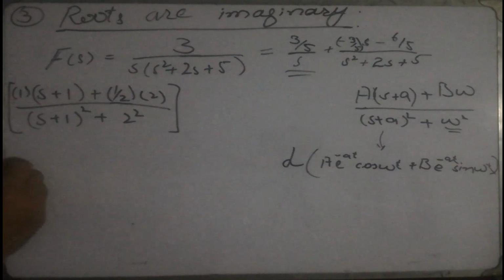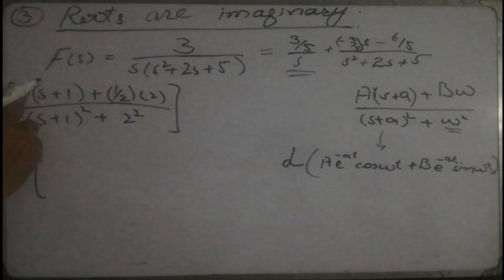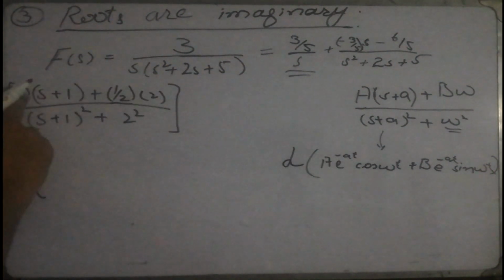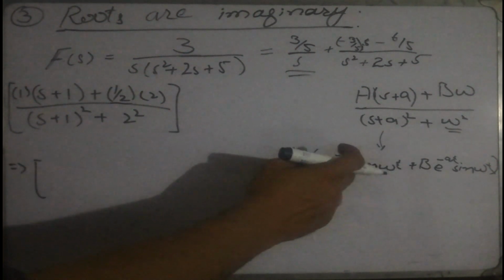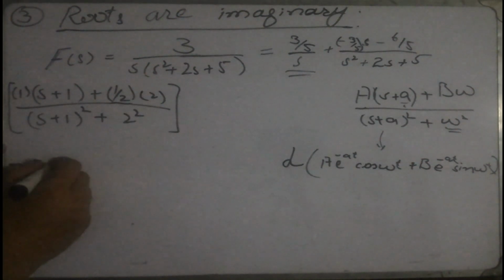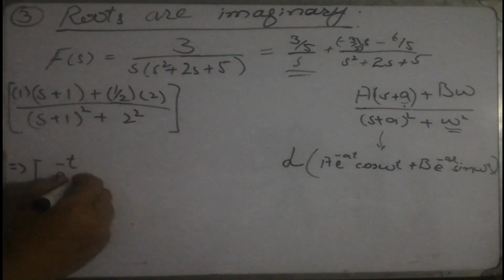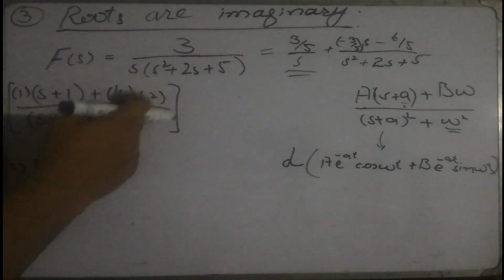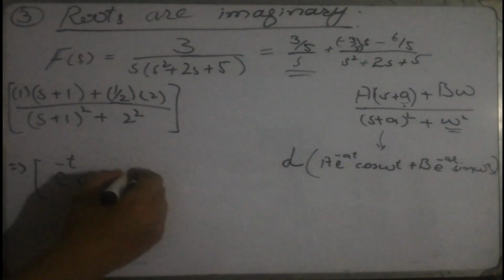And let's see, the Laplace inverse of this function would be equal to, as our term a is 1, so let's not mention it. Then we have shifted it by a, right? Shifted it by a, where it is 1 over here, so we will be having exponent power negative t, because a is 1, and then cos of omega t. In this case, omega is 2, as you can see it right there. And then cos 2t